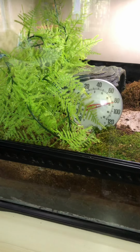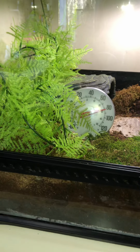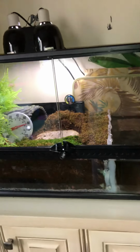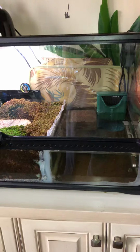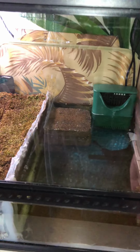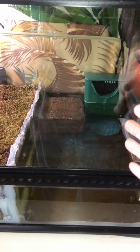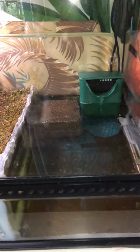So, the perfect enclosure that works for me is my South African bullfrog's enclosure, believe it or not. So here it is. Pickles is a very happy camper. She loves her space. And on this side is her water. It's heated, obviously, and it's got a nice filter. It's got a couple of pavers. She dips in there. She swims around. She has a great time. And then she goes back into